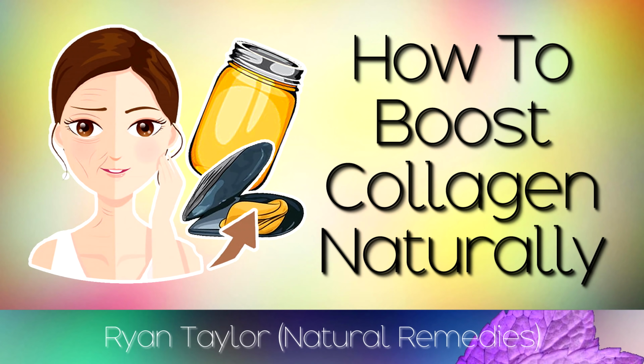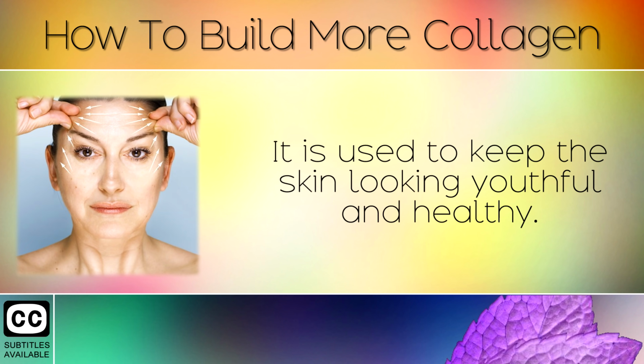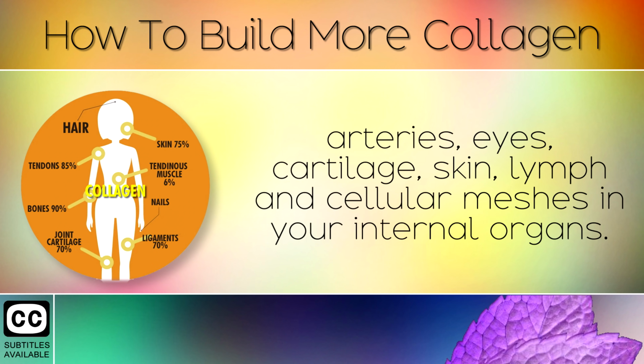How to build more collagen naturally. Collagen is a very important protein that makes up 25 to 35% of the human body. It is used to keep the skin looking youthful and healthy. Collagen is also a building block used for building teeth, tendons, hair, arteries, eyes, cartilage, skin, lymph, and cellular meshes